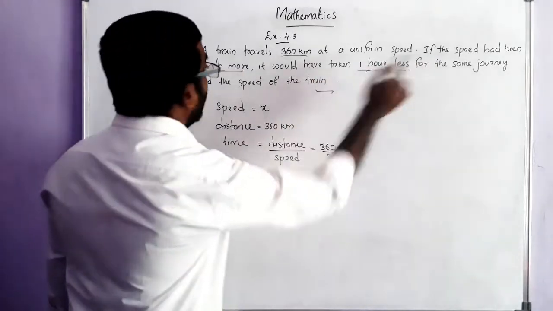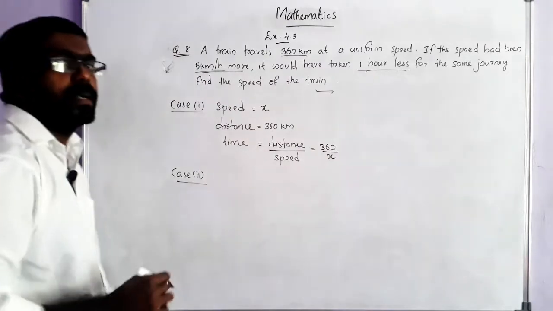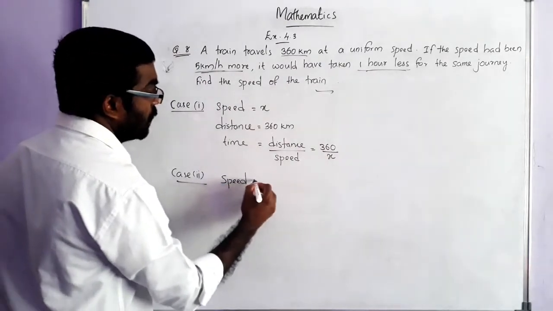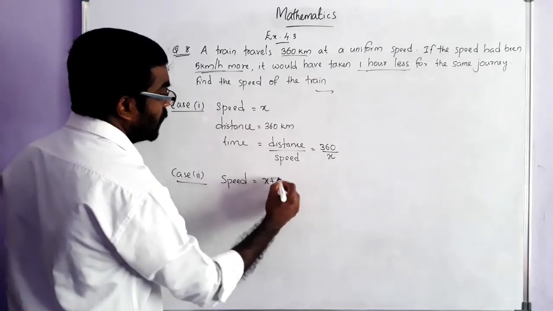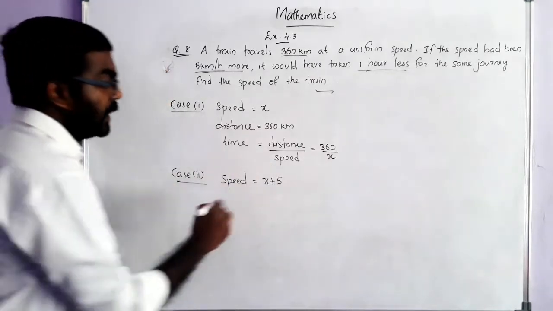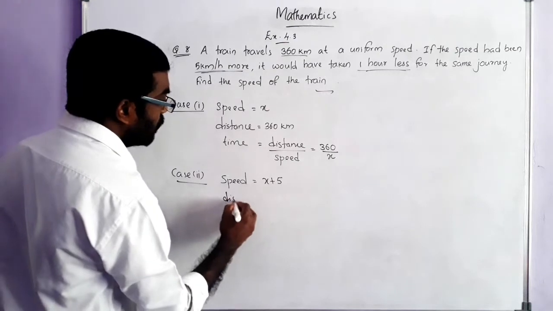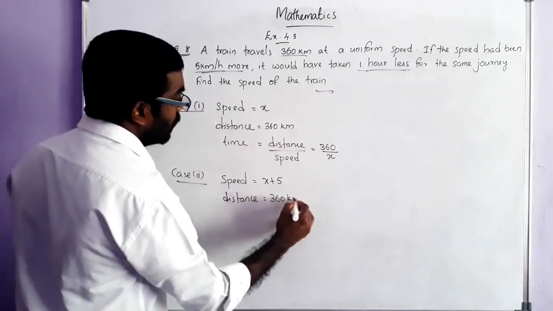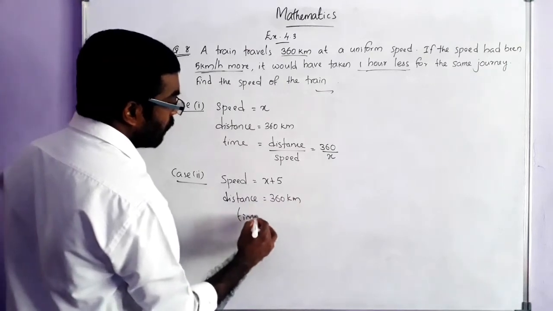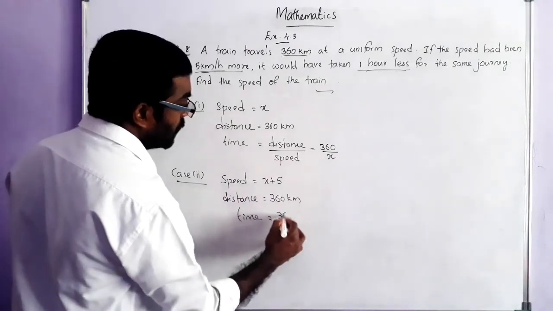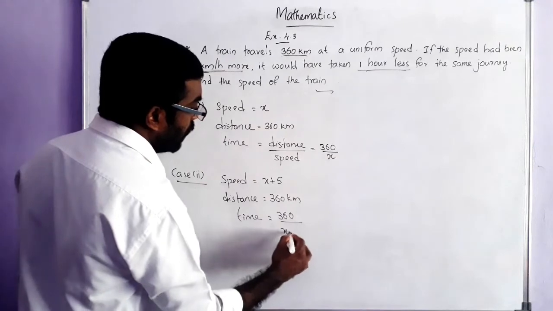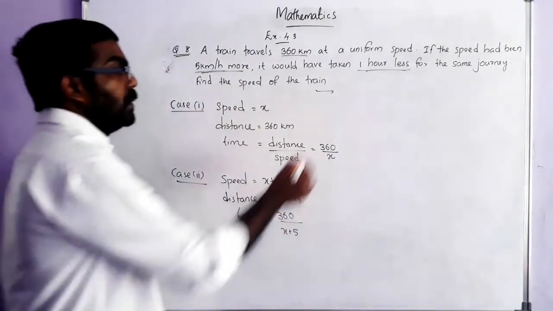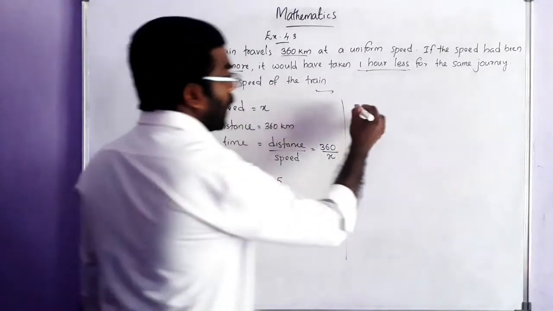speed had been 5 km per hour more. So here the speed is 5 more than the first case, that is x plus 5. Distance remains the same. So distance is 360 km and the time we can find out as distance by speed, that is 360 divided by x plus 5. Understood? Now according to the question,